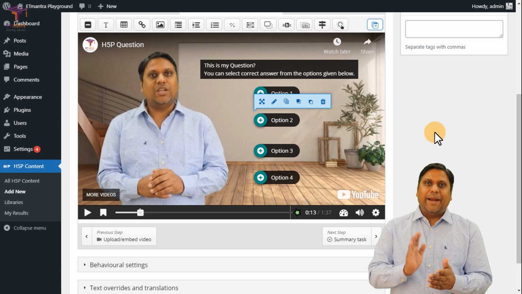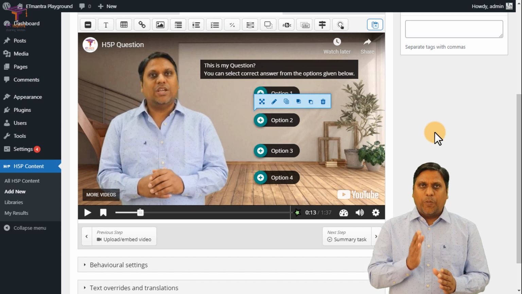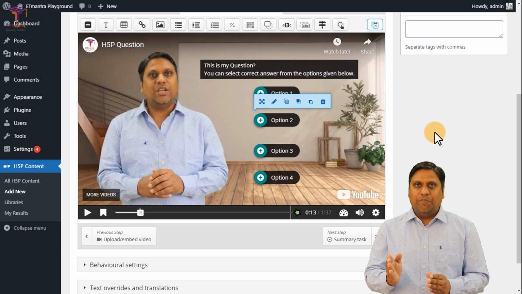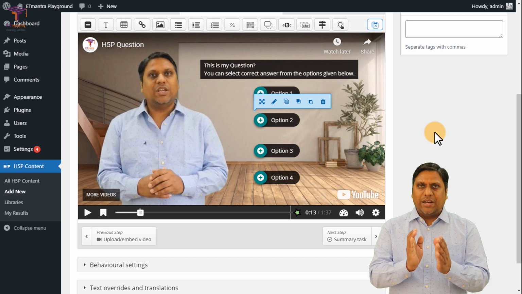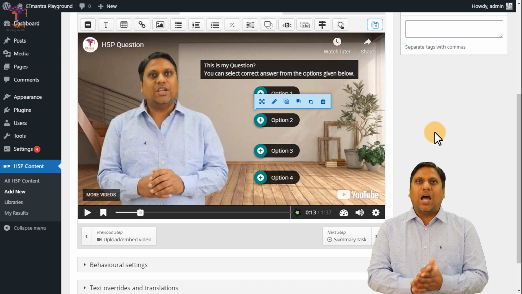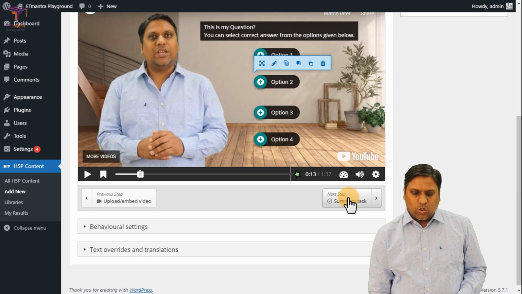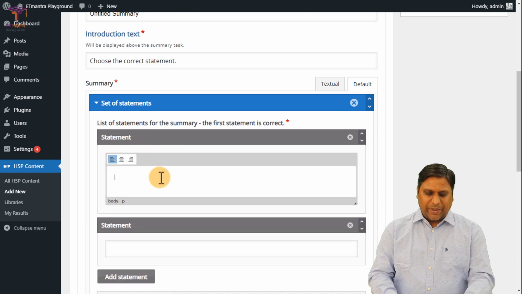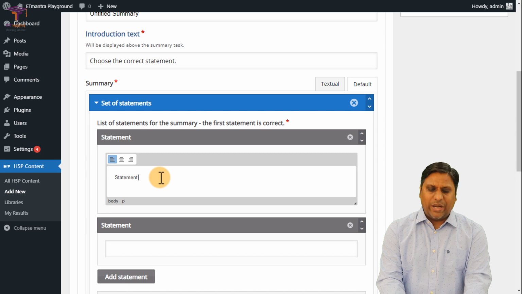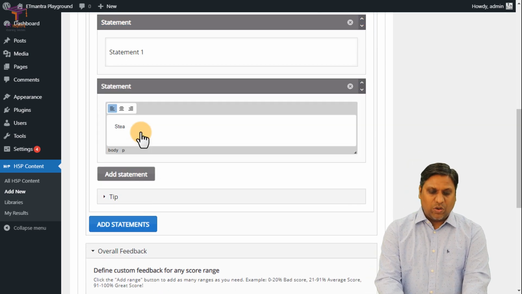So now we have added options, we have added jumps. What is remaining is that when the option 1 explanation completes, a student must come back to the explanation part. That we will add a little later. Let's first see if the progress we have made till now is correct or not. For that, I will go to the next part, which is summary task. Here, just add some statements. I will tell you later what this statement means, not in this video, but in some other video.